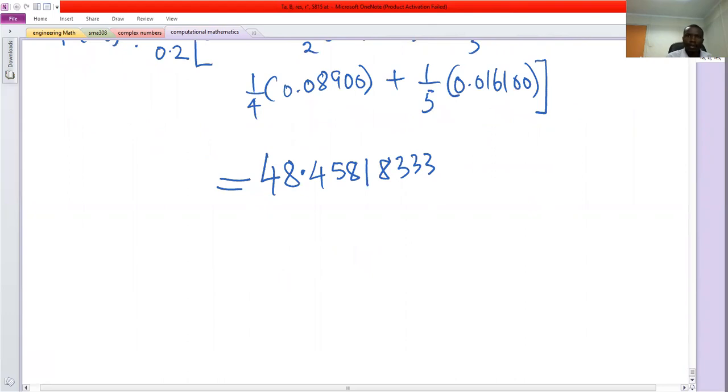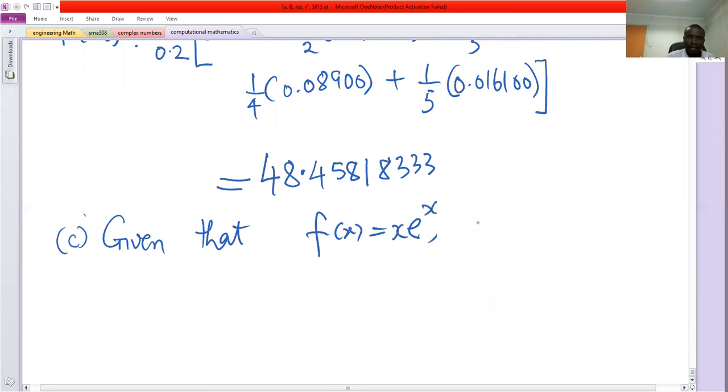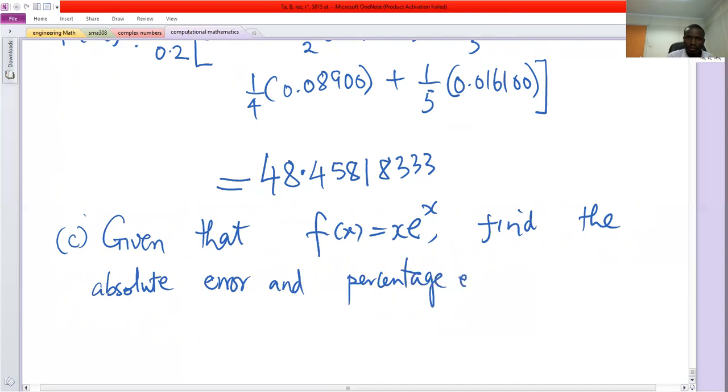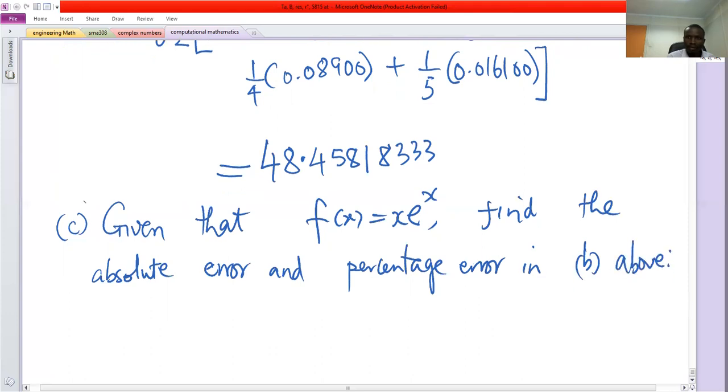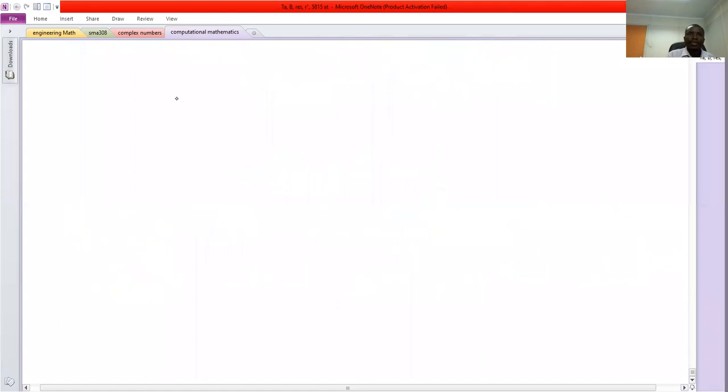Question B, part B of that, part C of this same question. Given that f of x is x e raised to power x, find the absolute error and percentage error in B above. So to solve that one,